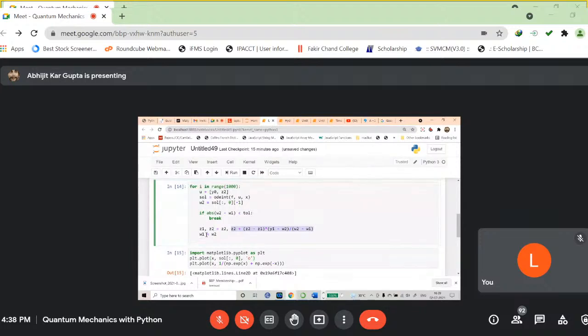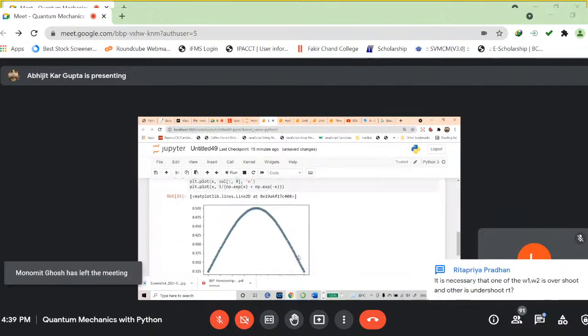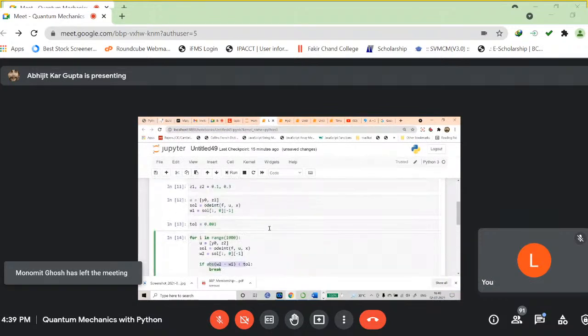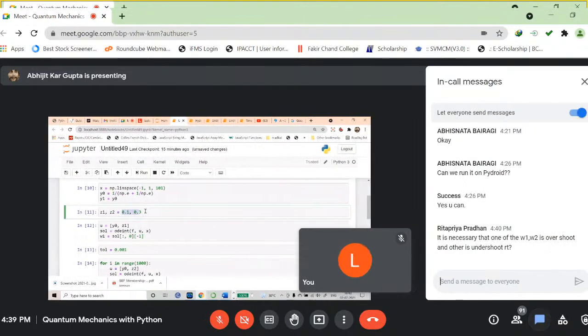That way we find the third point and the third attempt, what will be the value for the third attempt and fourth attempt and so on, and then test this accuracy level inside a loop. So this is basically the shooting method, but it is up to you. Once the program is with you, you can now check with very many different kinds of Z values and check how you can